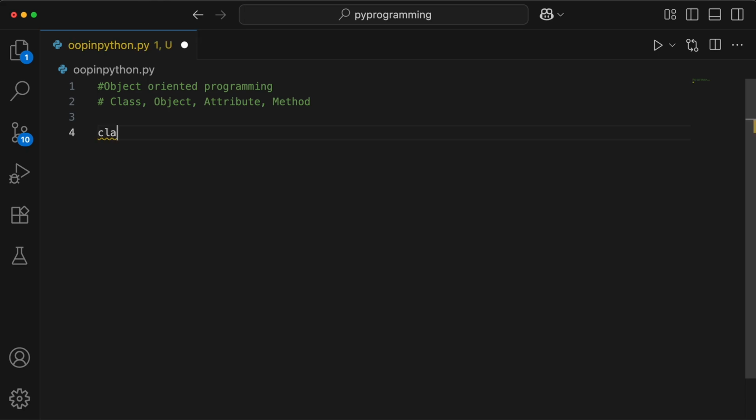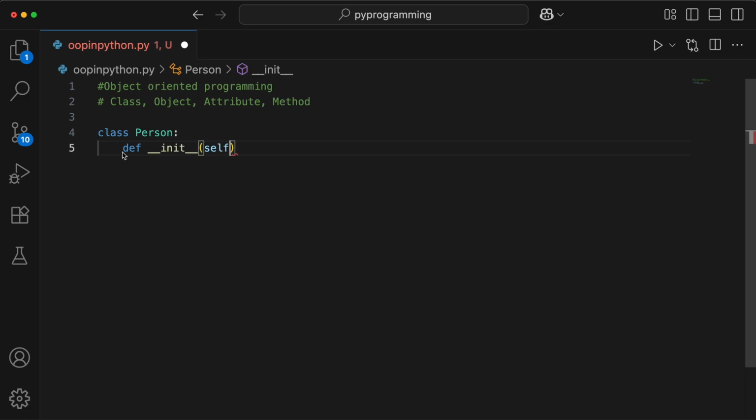Let's create a class called Person. To create a class, you are going to use the keyword class, and you have to give your class a name. Once you have your class, you need to add a constructor. Let me write it first. We will start with def, then double underscore, and then we'll write init. Init is for initialization, then double underscore, then parenthesis, and then we'll write self.